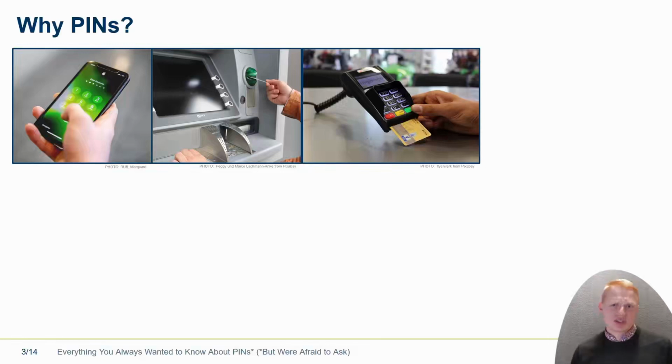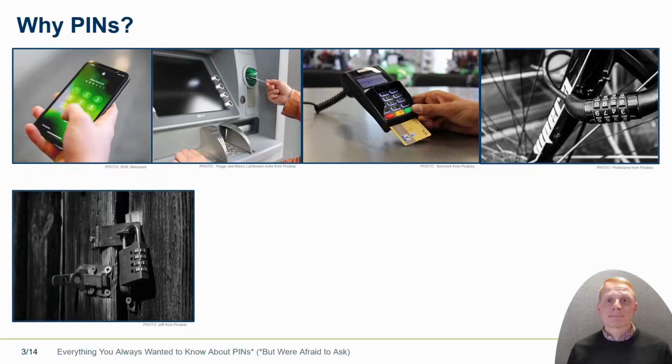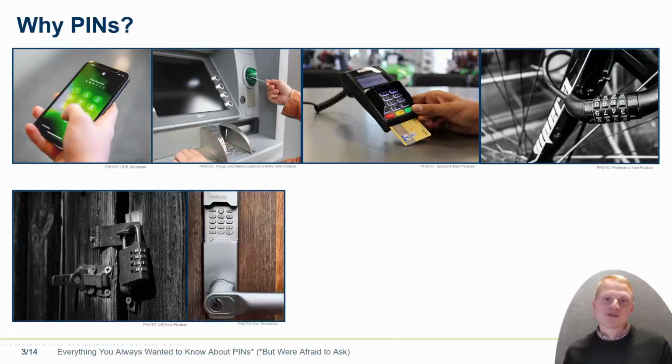There are old-fashioned ones as well. For example, I can lock my bike with a lock that uses a PIN. But not only a bike, but also a door can be locked with a padlock, for example. This is the traditional old-fashioned way. There are also modern versions of that, and you can lock your door with these modern ones as well.